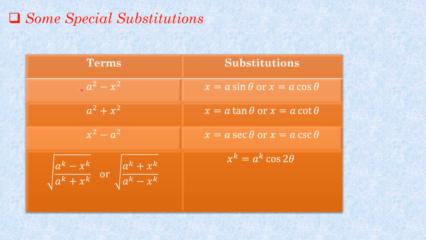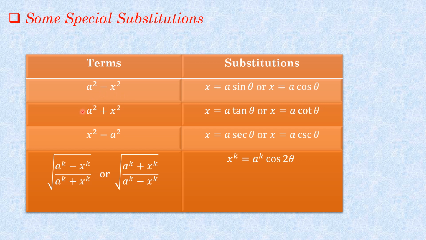That means the final term will be a square cos square theta. So this double term, there are two terms now, but after taking this substitution, this term will convert to a single and simplified term. In a similar manner,